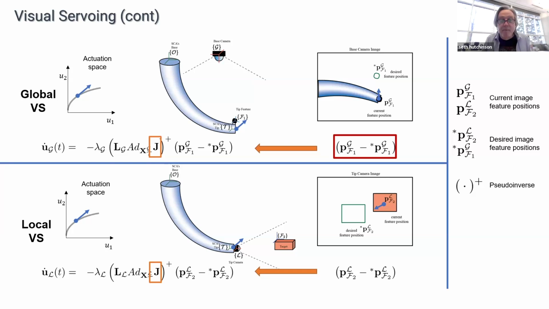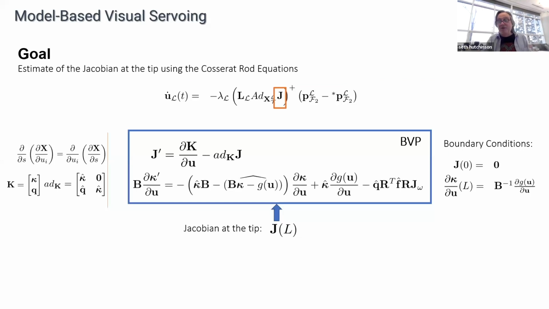The trick here is the Jacobian matrix J. What is the relationship between a change in the input pressure and the angular and linear velocities of the end effector? Well, this is not what this talk is about. You can solve some differential equations and arrive at something that looks like this, right? This is a numerical algorithm waiting to be implemented to compute the Jacobian at the tip of the robot, right? You've got boundary value conditions that you have to match, but you can solve this.